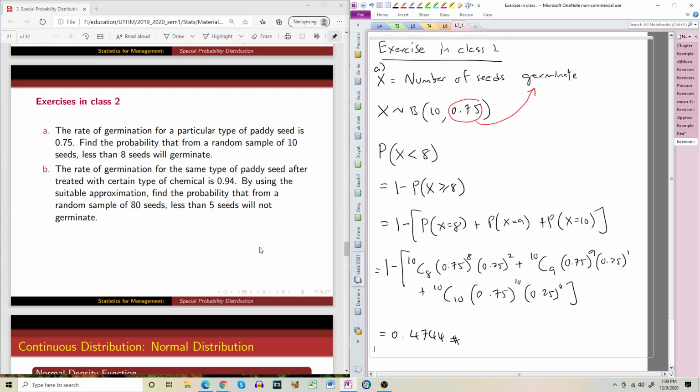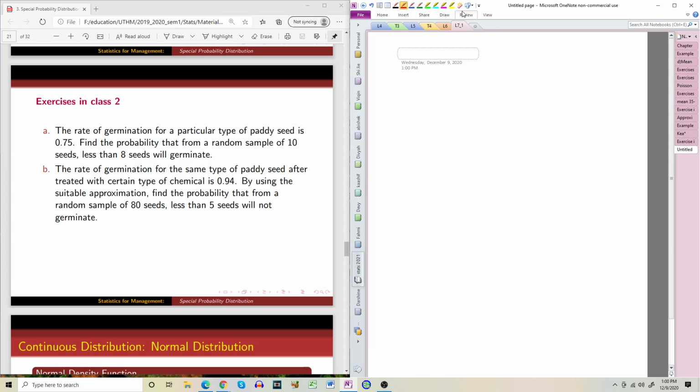Okay, so I'm going to the next page. Last one. If you read the question, find the probability that from a random sample less than 5 will not germinate. So X is now different. Number of seeds that will not germinate,